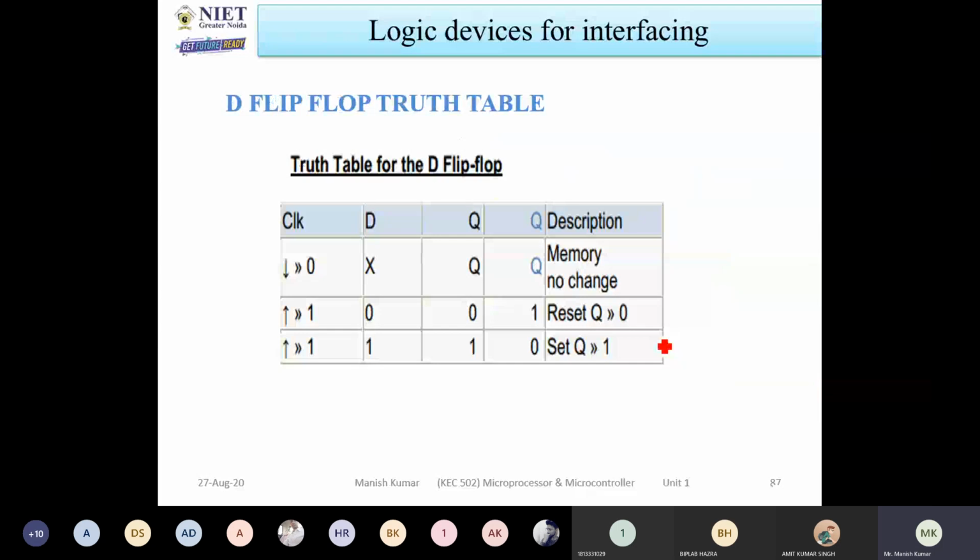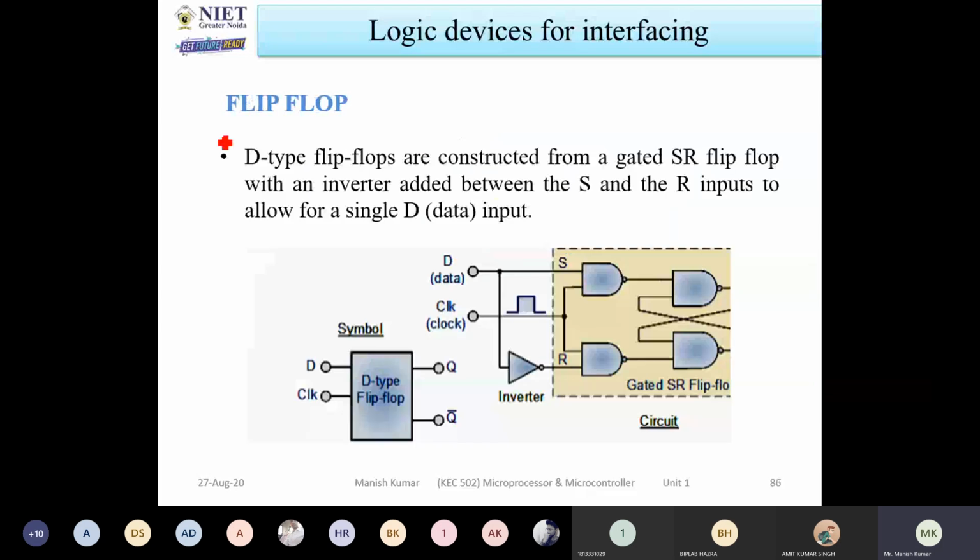So now next is the flip flop. All of you know the D flip flop, we use the D flip flop for any digital storage purpose. This D flip flop is made with the help of the SR flip flop. First you see the JK flip flop. JK flip flop has some disadvantages. What is the disadvantage of JK flip flop?